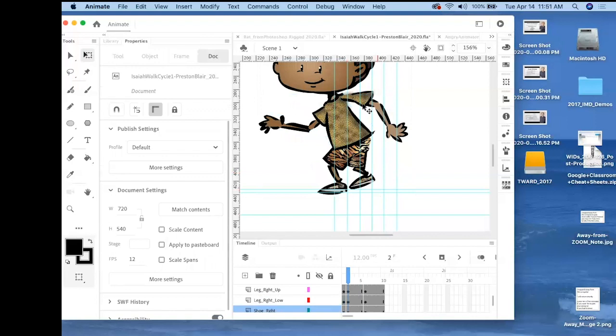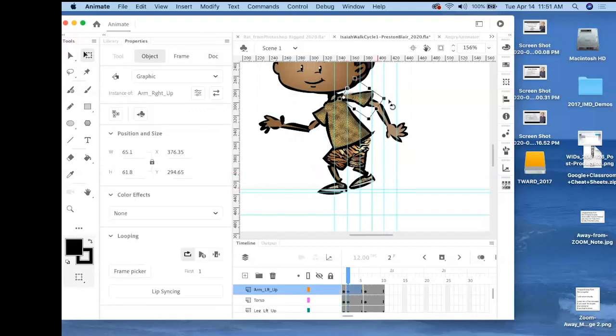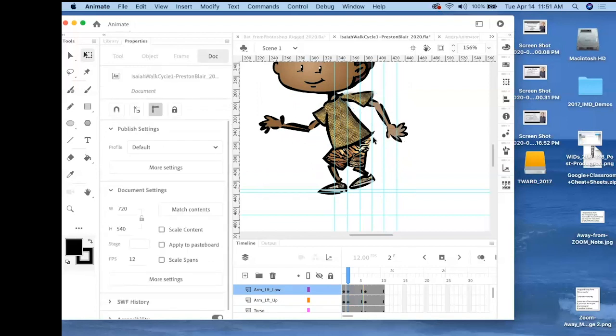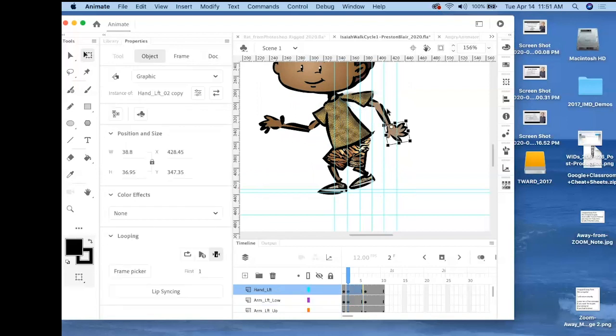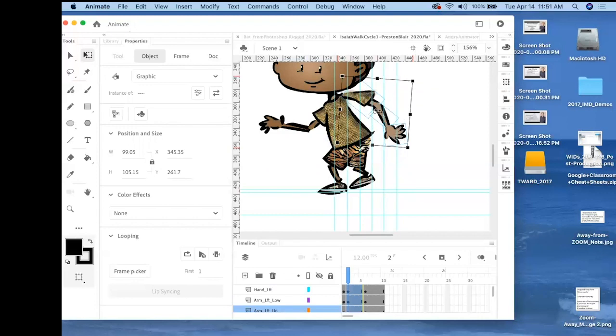And now this front arm is going to start to come forward. So I could grab all these at the same time too. Hold shift and shift. And grabbing that hand's a little harder, so let me grab the hand first, the smaller element. I could go to the timeline there and there. So now I have all 3 of them. Now, when you grab all 3 of them, the rotation point comes to the center. So I can take that rotation point and put it there for right now. When you're in between, it's maybe not the best way to do it, but